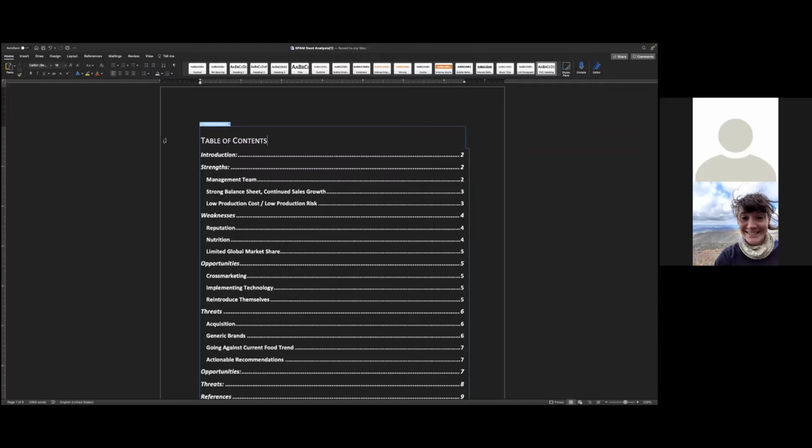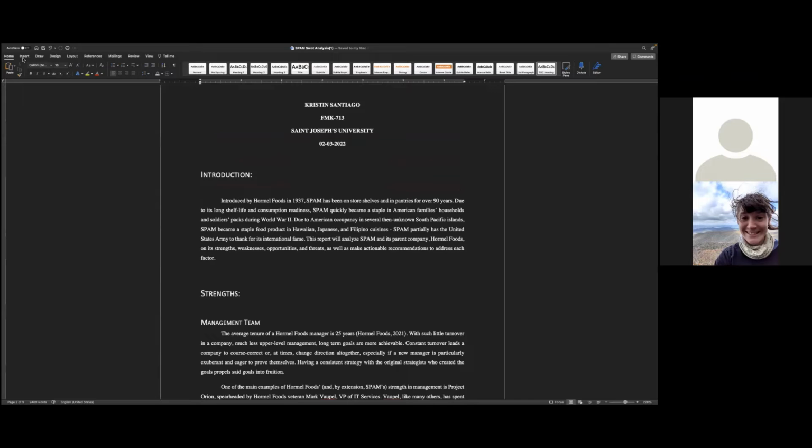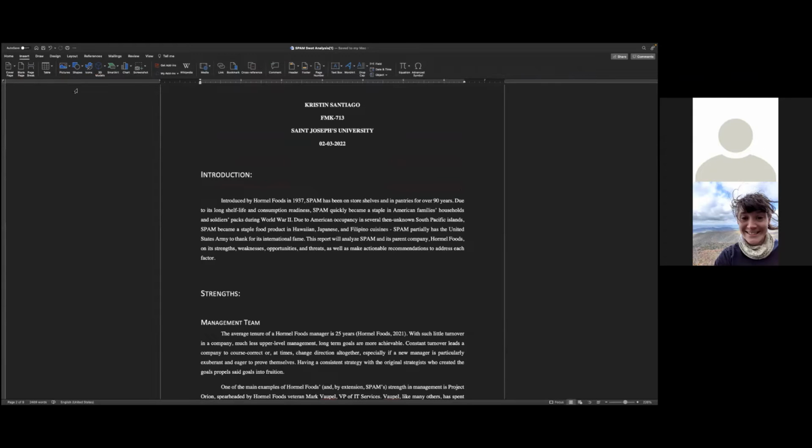So what you'll want to do in a document is go to the Insert tab, and quite a lot of things are found under here. For our examples, we're just going to be focusing on this group right here. Page number. First and foremost, one of the more important things you want to make sure you include when you have a table of contents. So if we click the drop-down menu,